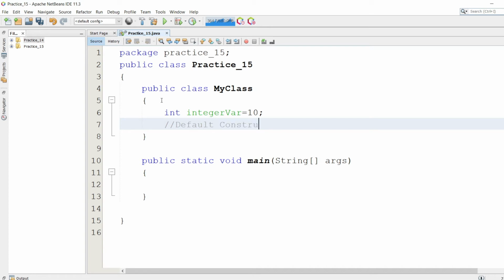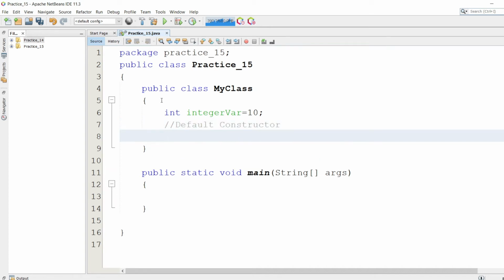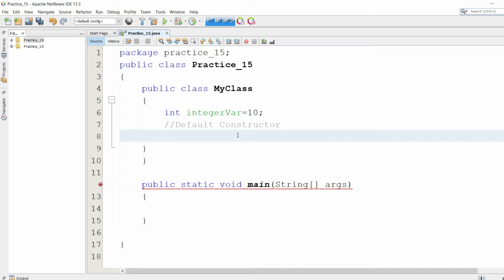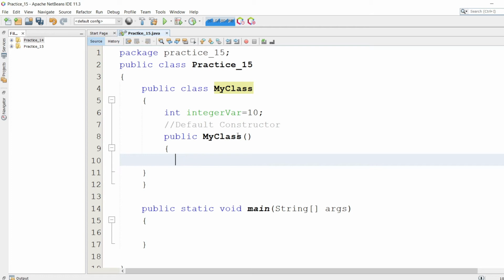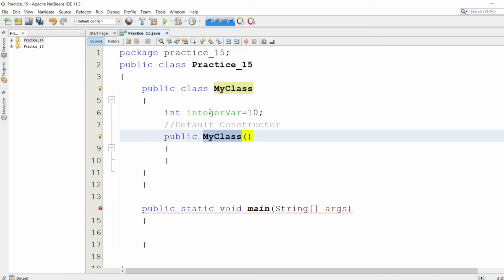So I'm defining here one constructor which is the default constructor, and while defining a constructor in Java or in any programming language, you should give it the same name as the class name. So this is my default constructor here, as it has the same name as the class name.